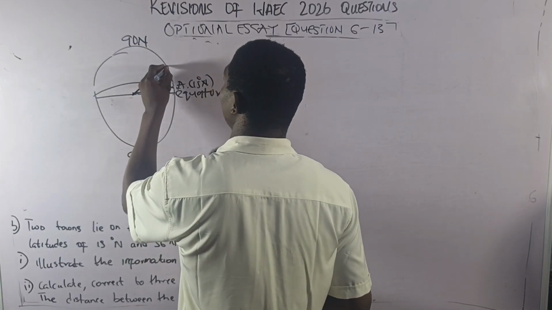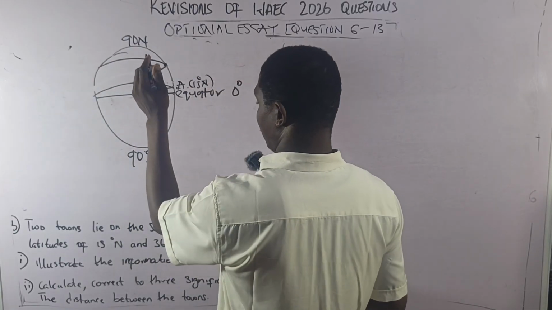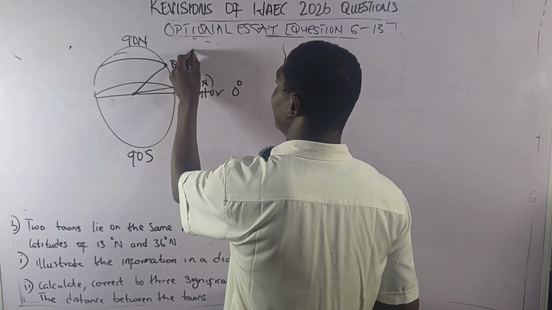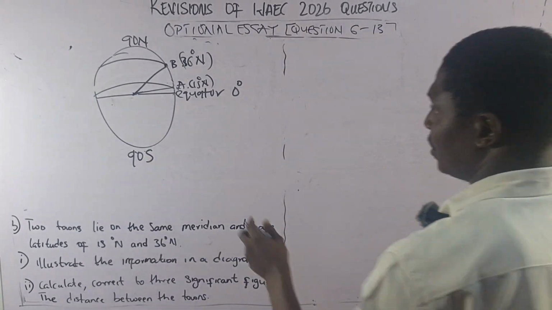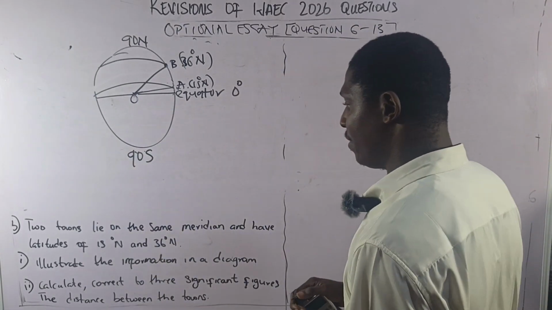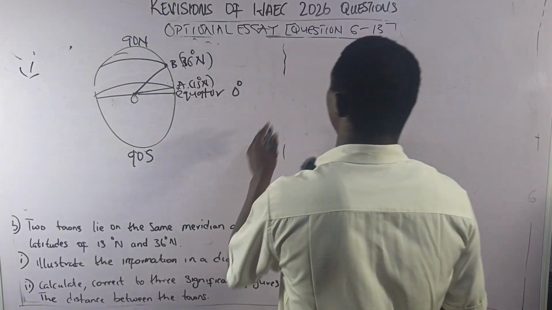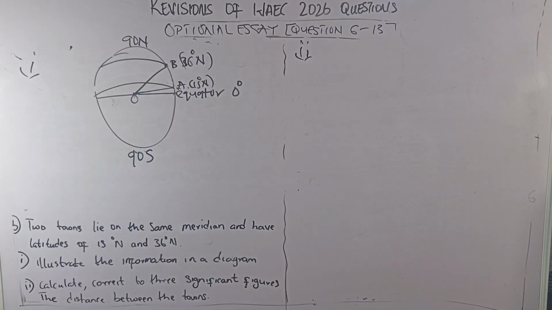So let's assume this comes this way. And remember, it's not drawn to scale. This is B, and it is 36 degrees north also. Now this is the representation of the diagram, which is what I. Now I says calculate